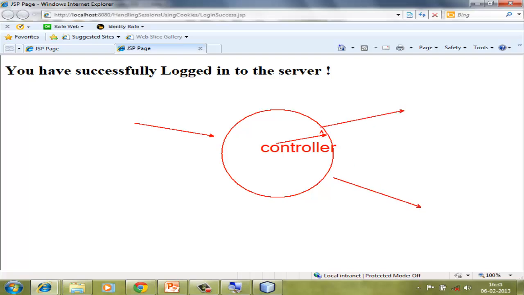So it gets a request, redirects it. This is working like an MVC. It is not perfect MVC, but it works like an MVC. You get a request, you send it to the controller. Controller decides who is going to perform the work. So you have the view, which is JSP. You have the controller, but I have not shown you the model. If I had shown you the model, then I have to